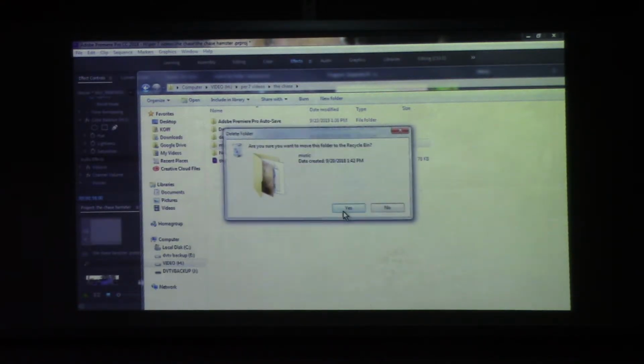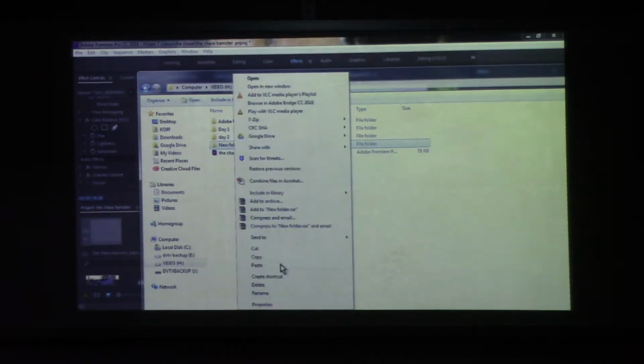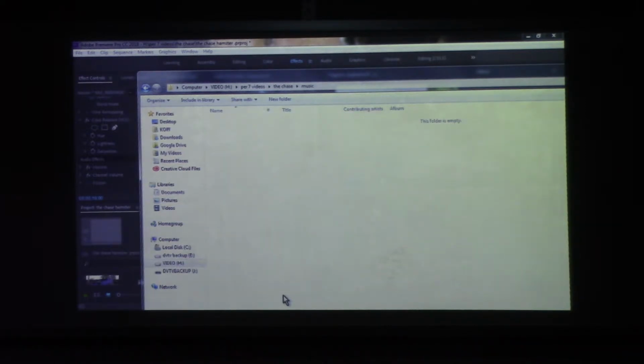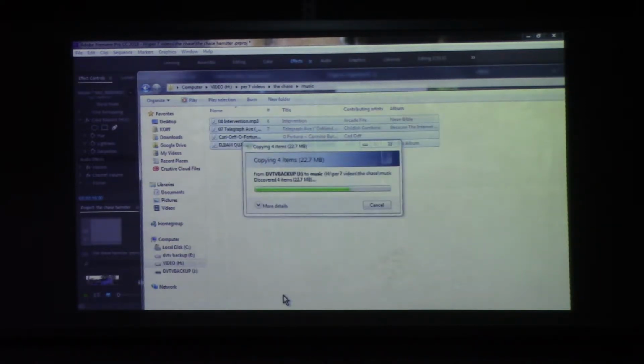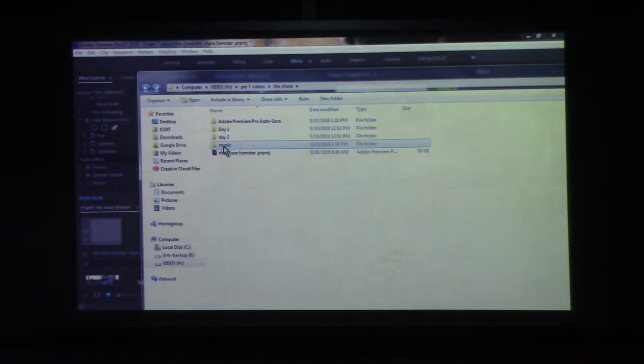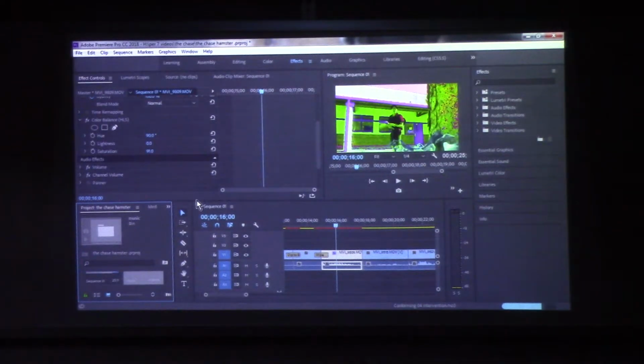Yep, you guys are going to make a folder called music, just the same way you make a period 1 or a day 1 and a day 2 folder. Go inside that. Paste those in so they come off of your thumb drive onto the computer for safekeeping. Once you've done that, you can pull your thumb drive out, put it back in your backpack so it doesn't get lost, and then you can take that music folder, drag it, drop it into Premiere,